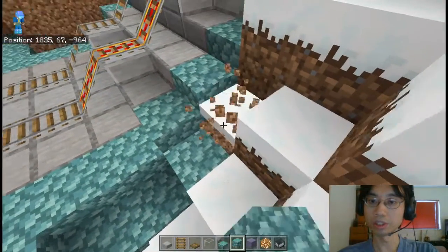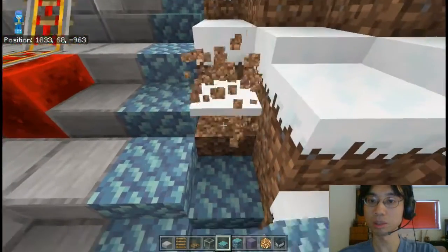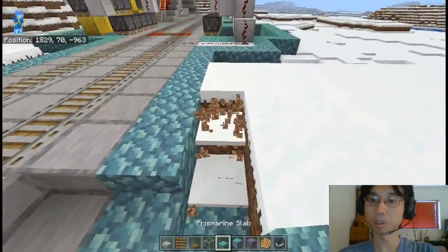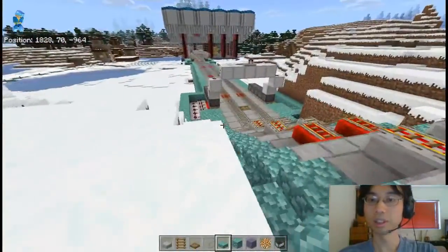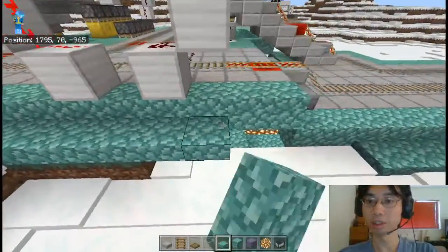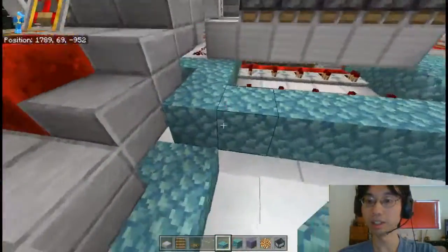And then here we want that, and then slab, and then block, and then oops, slab, and then block, and then slab, block, and slabs up here. Alright, good. It's looking pretty convincing so far. Slabs along there, slab there, block there, slab there, just like that. And then underneath here,